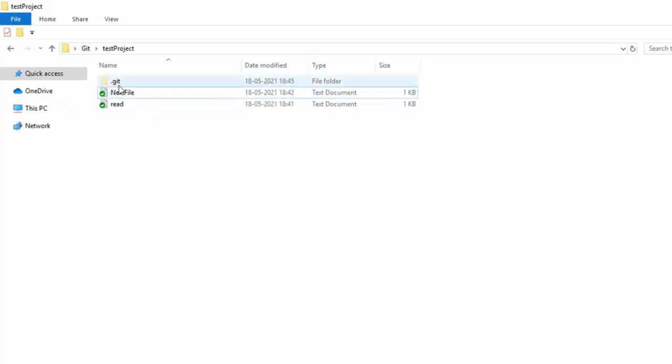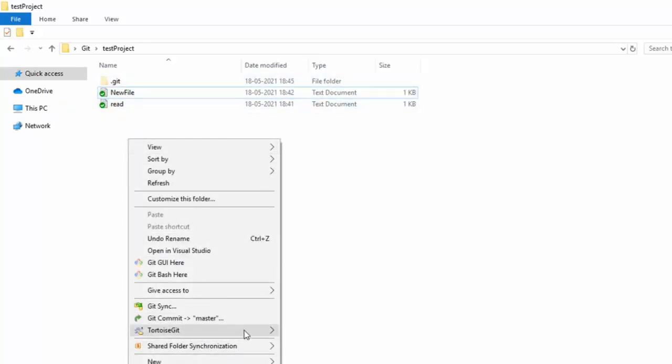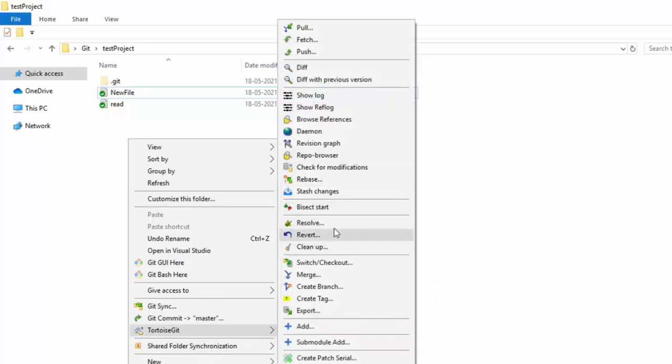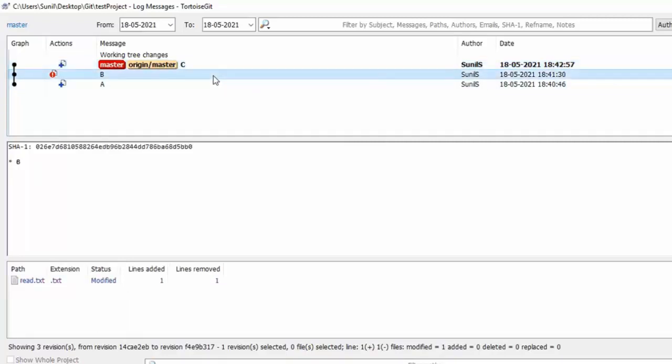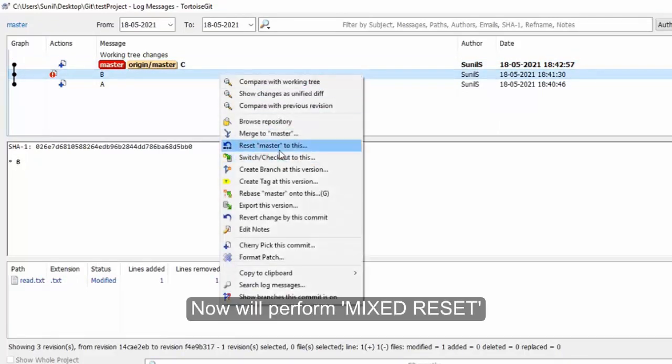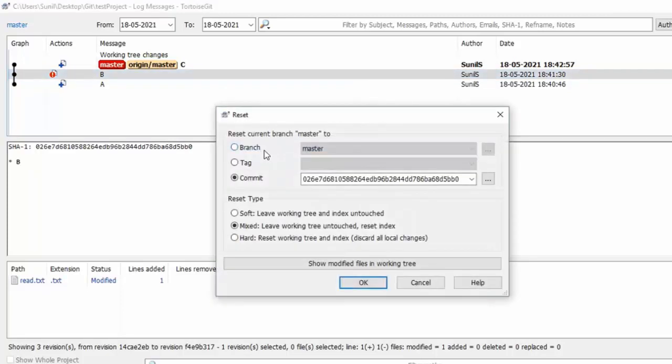So I reverted these changes back to the third committed stage, that is this. Okay. Now let's perform on the same file, same location B, and now we will perform mixed reset. For that, go to this reset master of this, and this time instead of soft I will select mixed. Okay.